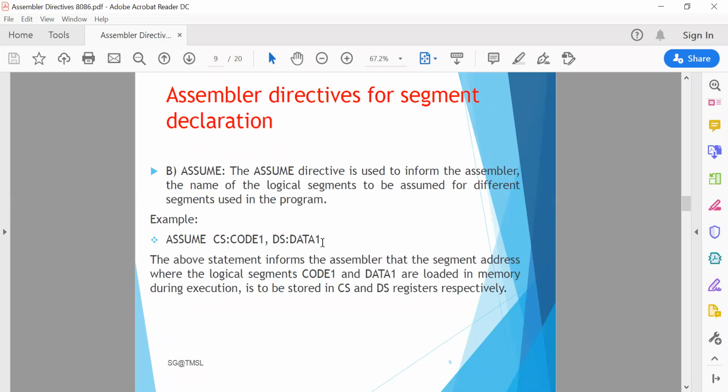Now the assume statement is a must at the start of each assembly language program, without which a message, code or data emitted without segment, may be issued by the assembler. One message will be shown as code or data emitted without segment. This message will be shown on your display. It is not identified which segment you have used to execute it, so you need to give a command to the assembler.